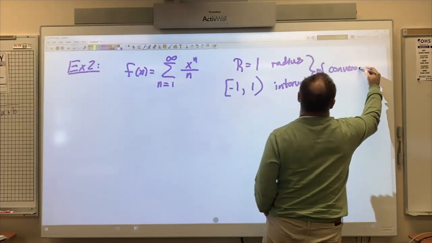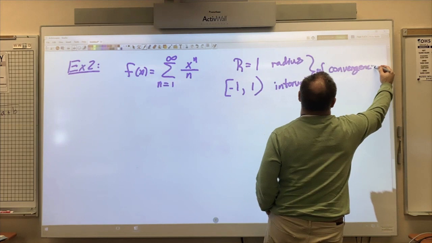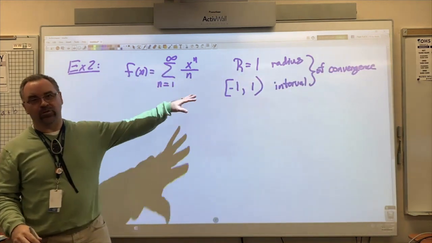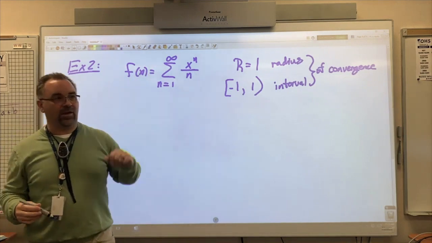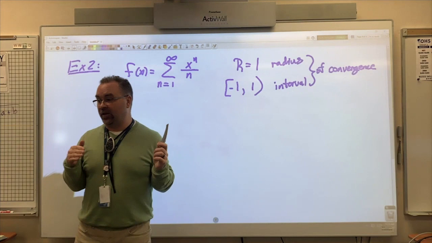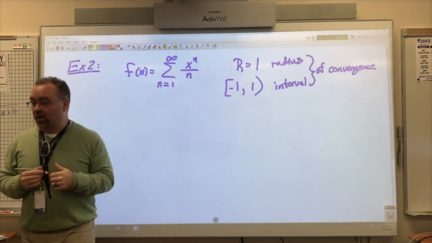It's hard to pick up the pen over there. There we go. Okay. The radius of convergence and the interval of convergence is right there. That's true for f of x. Okay. So let's take a look and see what happens when I take a derivative and what happens when I